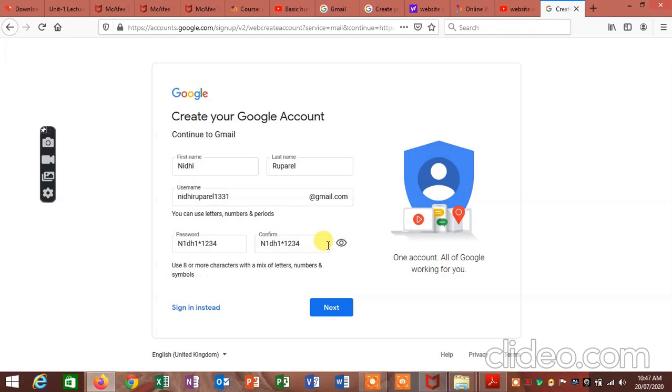Make sure you do not save your password in your messages or on your phone. Make sure that you write it in your diary. For security reasons, it is better to keep your password in your notebook only, which is with you. So I have typed this password where I have used special characters, capital letters, small letters and numbers. So we will proceed further.